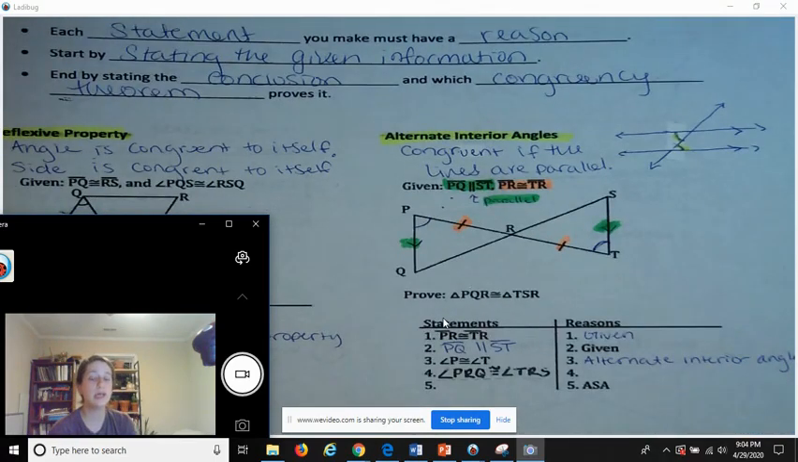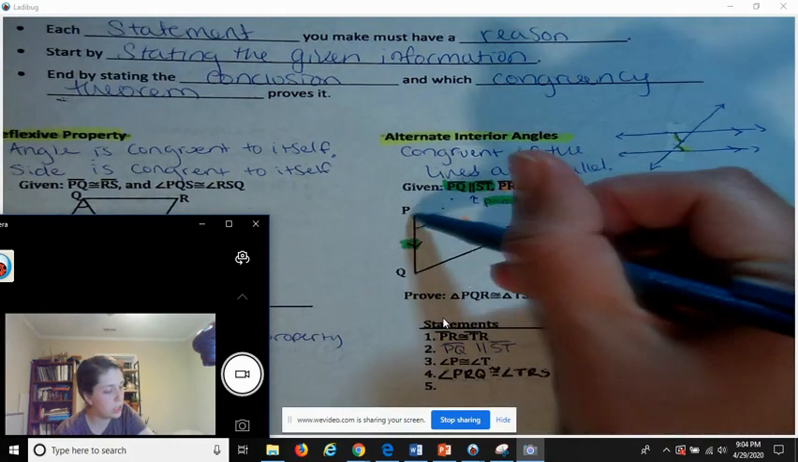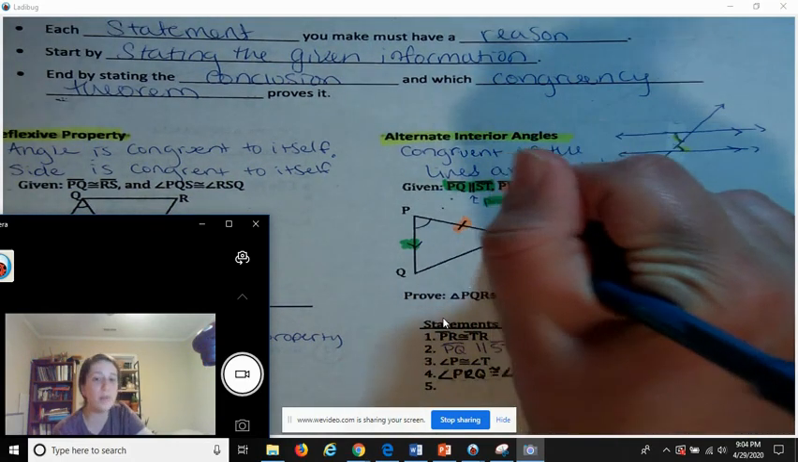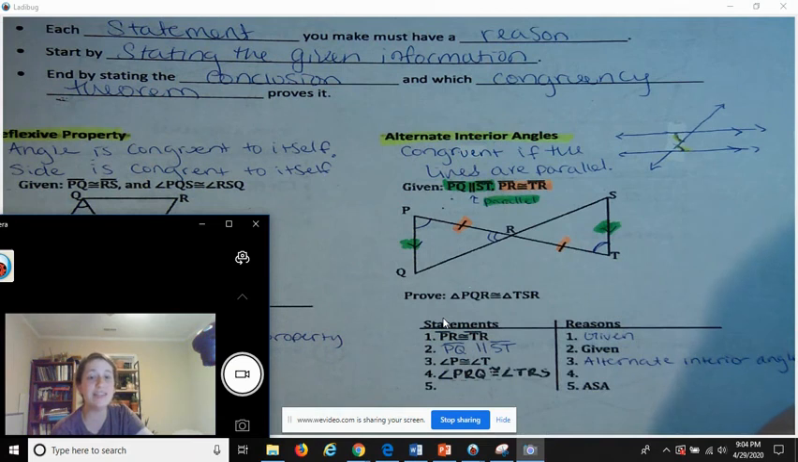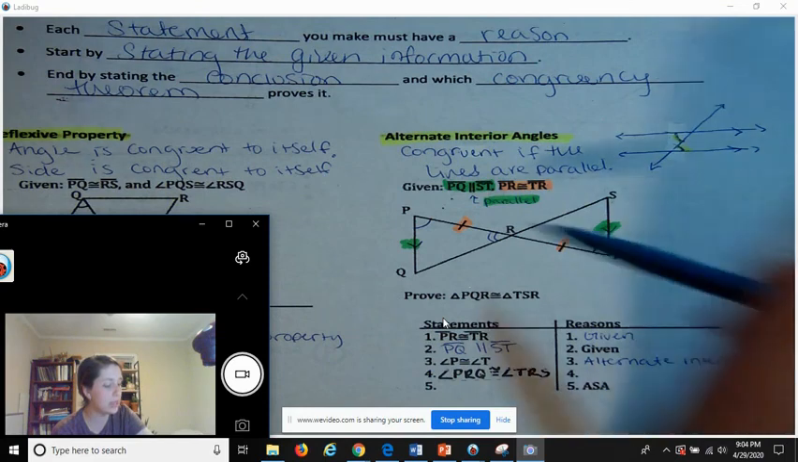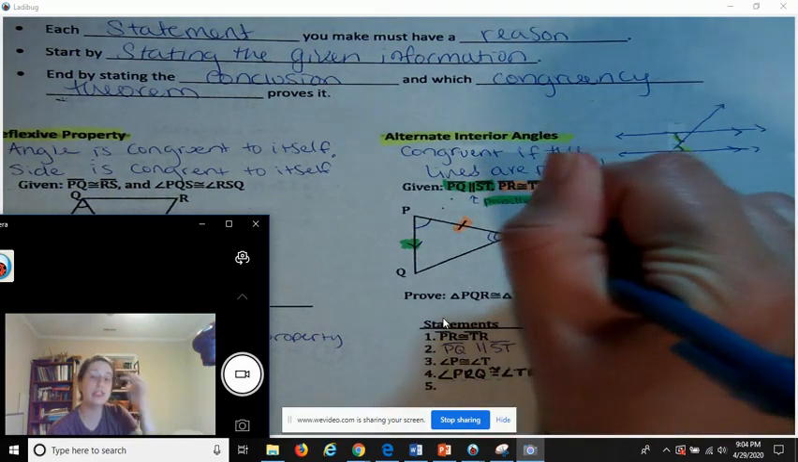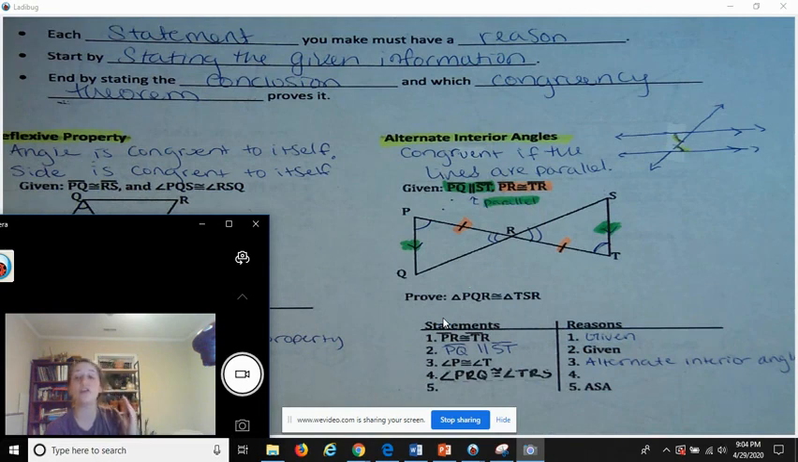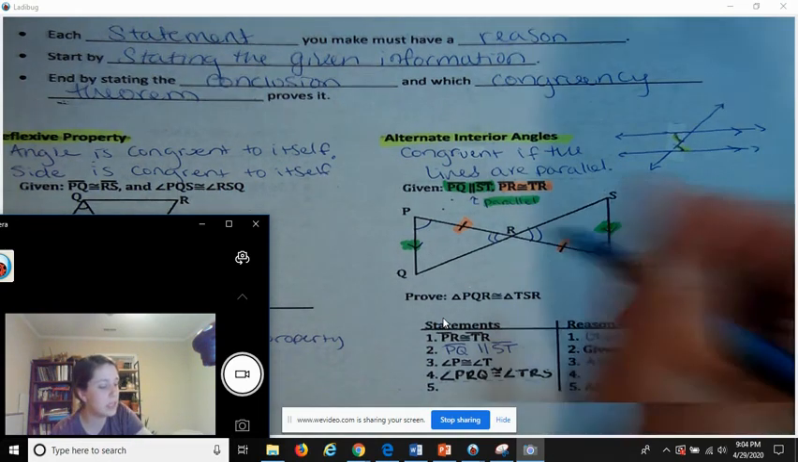Okay. The next one is that PRQ is congruent to angle TRS. So PRQ is this angle right here, and I'm putting two arcs in there because it's a different angle from angle P and angle T. The next one is TRS. Now, these two angles, if you remember, they are directly across from one another. They share this vertex right here, so they